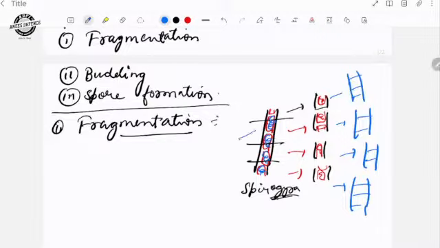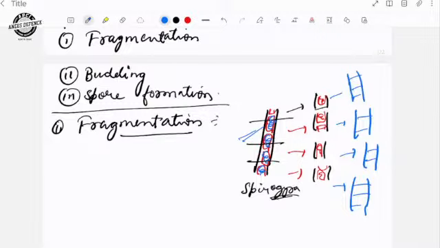Previously we had only one parent's body. This parent's body is going to be changed into fragments, means four fragments. One parent body is going to be converted into four fragments after cutting, or by climatic conditions, or we can also do it artificially. There are four fragments from one parent. Each fragment is going to be converted into a new individual. Means now we are going to form four Spirogyra as a result from one parent.